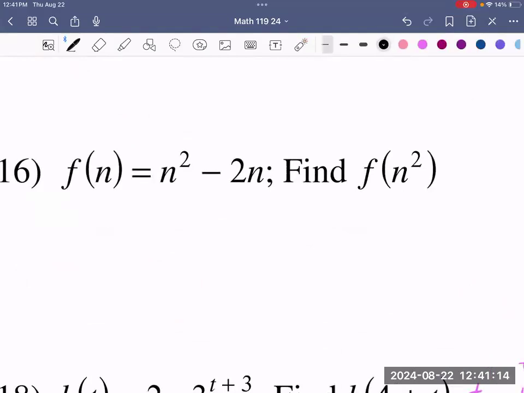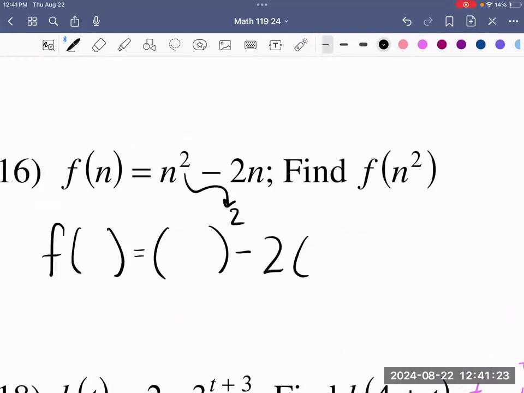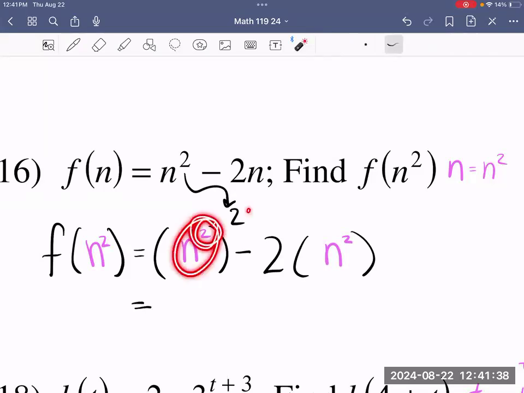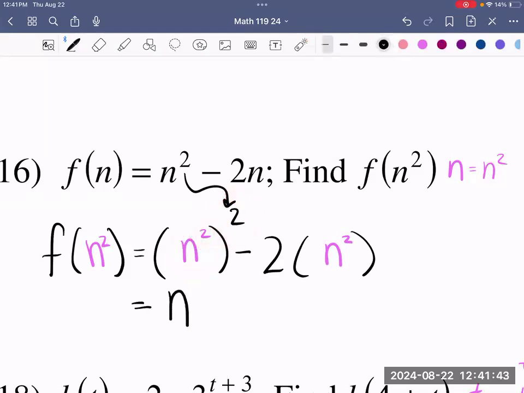All right, so this is now interesting when you have an exponent. Keep in mind, you still have this one that has your exponent, -2, and leave a gap. So this is when n is equal to n squared. We're going to go ahead and insert this n squared into both of your gaps. Now, when you have an exponent being raised to another exponent, we're actually going to multiply them together. So 2 times 2 makes 4,